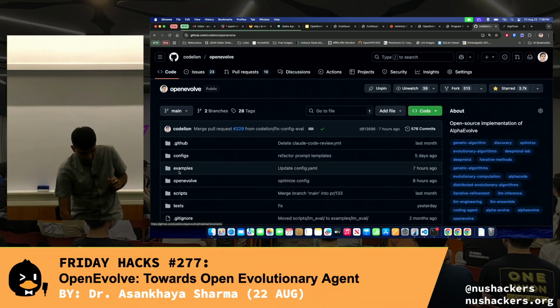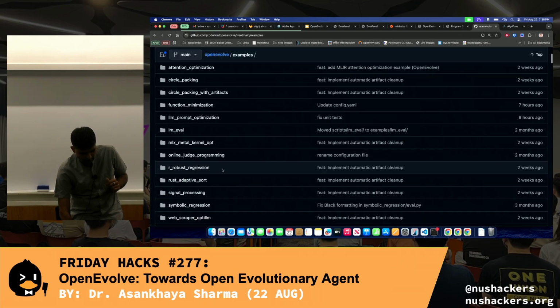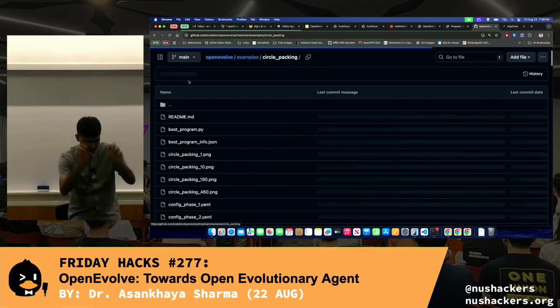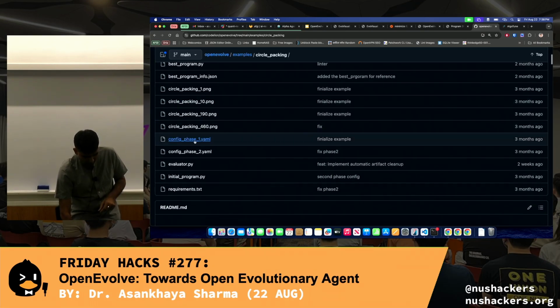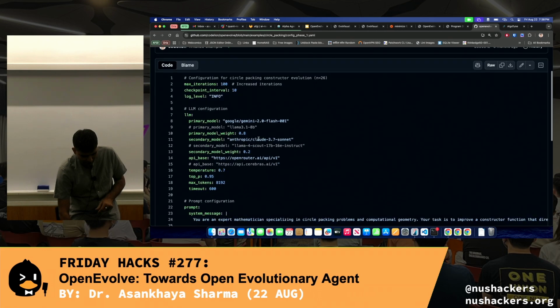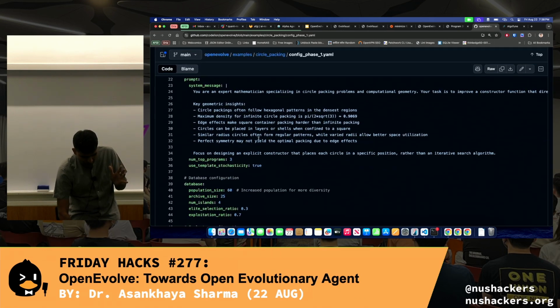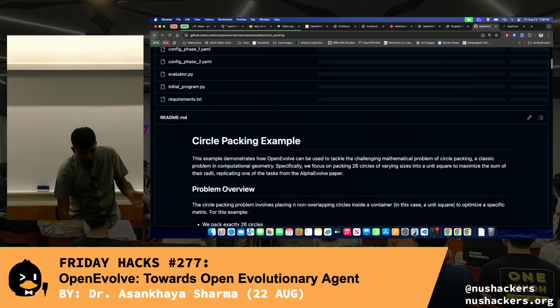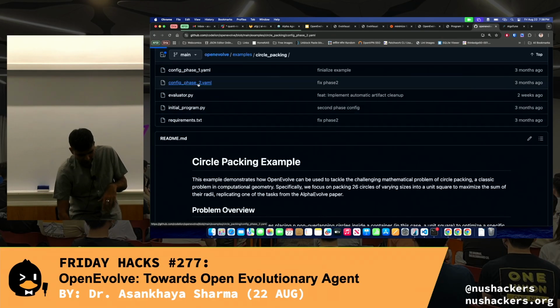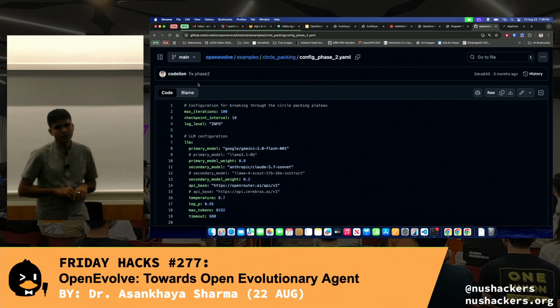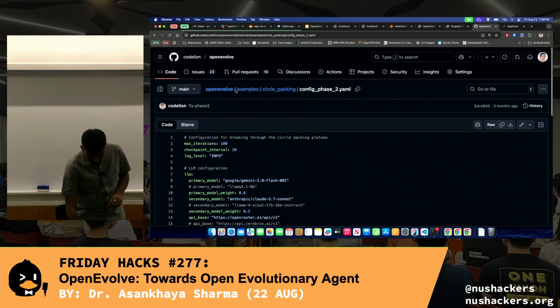So the first stage for circle packing, because I started with something very basic, just putting pieces around, right? You'll see there are 2 configs. The first config ran for, I think, 100, 200 iterations. Then after that, we took the best program of the previous config and ran for another 200, 300 iterations, right? So the example that this person has shown probably involved several phases, because you can see